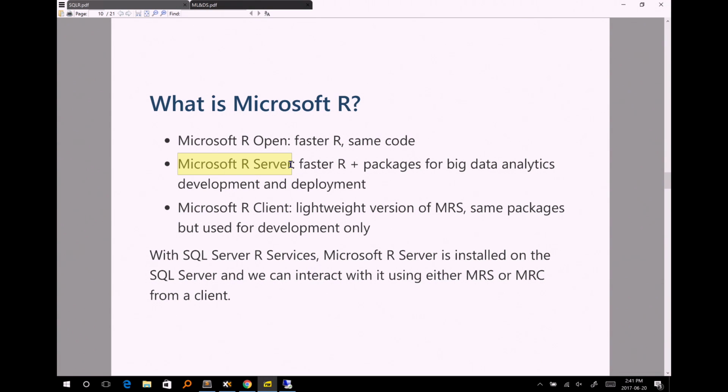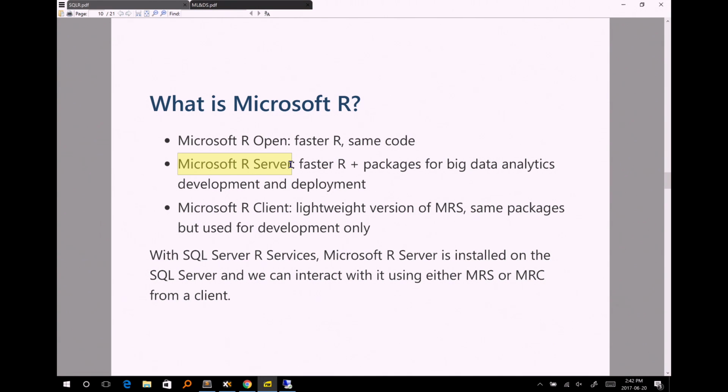The R Server is what we're concerned with here, and that is basically the same Microsoft R Open, but now there are some additional packages. Those packages allow us to do big data stuff, and they allow us to do it in a remote compute context. What that means is that we're working from a client machine, which could be our laptop, and we have some R code and our R IDE, right? That could be Visual Studio or RStudio. And we want some computation, not all of it, but especially the parts that hit the big data, to happen on a remote machine that is hosting the big data. Nowadays, that's mostly either Spark or SQL Server.